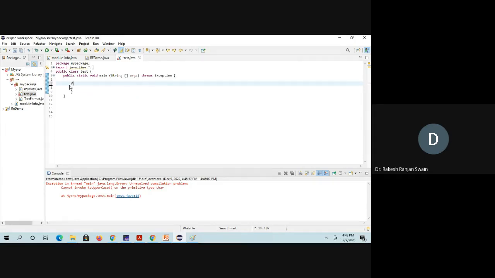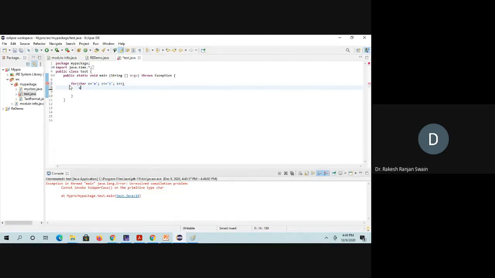Very simple example. A for loop is taken. It starts with character c equal to 'A', then c less than or equal to 'Z', A to Z, small a to small z, then c plus plus.